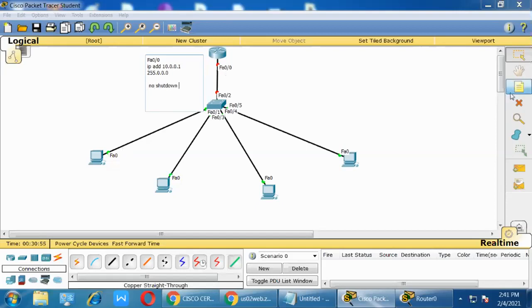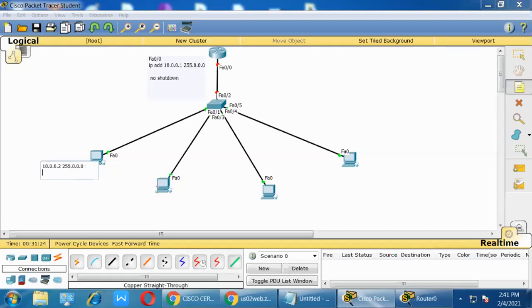Now on the system side, what is the configuration? On the system side, you have to assign the same link, because this system communicates to the router. So for communication purposes, this is the LAN interface. This system interface also requires an IP address. So I configure here 255.0.0.0. This is the subnet mask.